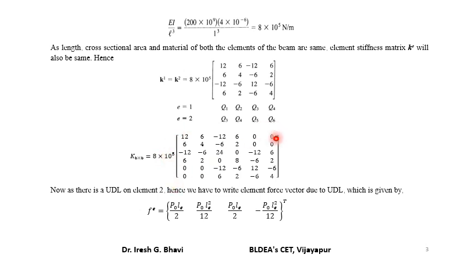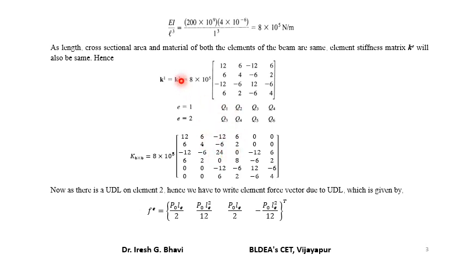Then inside the matrix, let us first write down 1, 2, 3, 4, 5, 6 columns and 1, 2, 3, 4, 5, 6 row numbers here, here and here. So at first row for K1, at first row first column it is 12, so you write down 12. Similarly first row second column 6, so here also first row second column 6. Like that we will completely assemble K1.